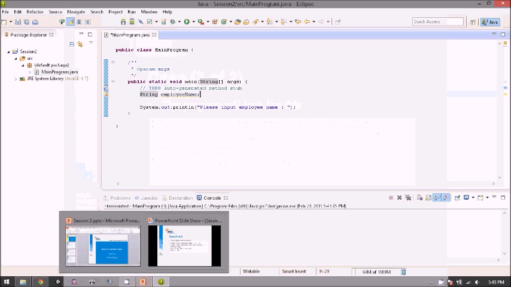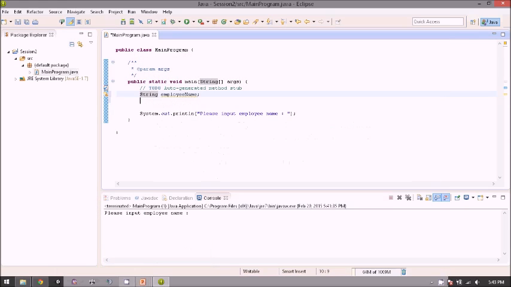The overtime hours is a number. If you want to save a number in the variable, you need to use integer. Let's call this one hours. So we already have two variables to hold our employee name and his overtime hours.